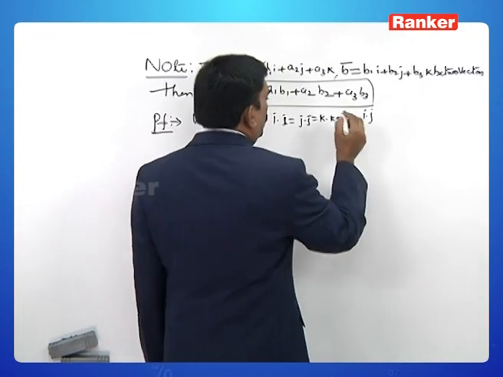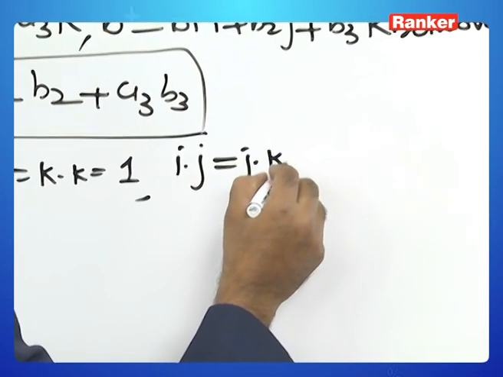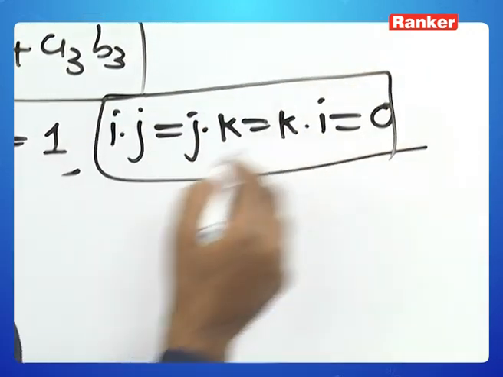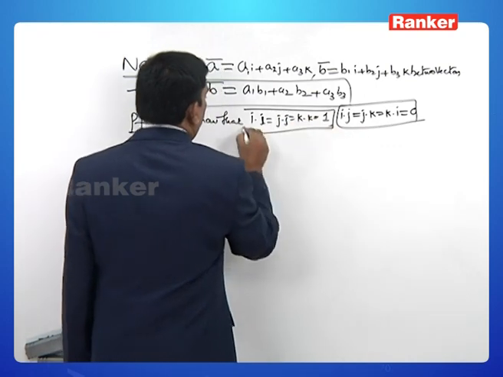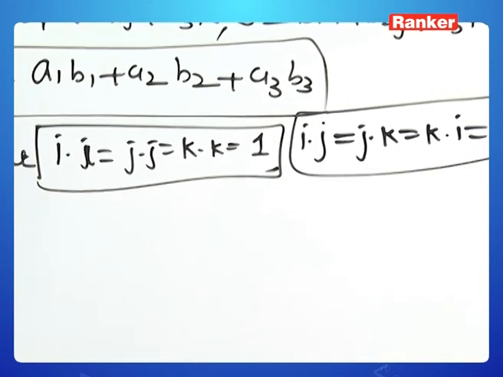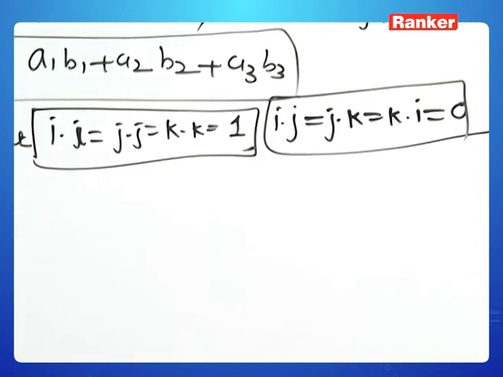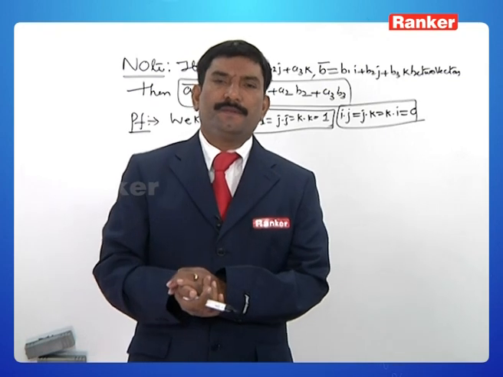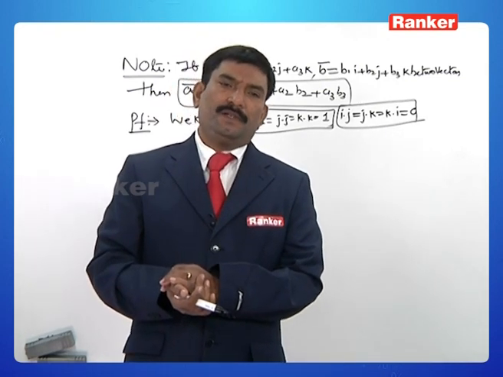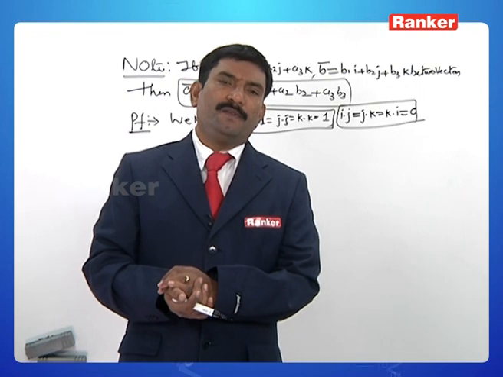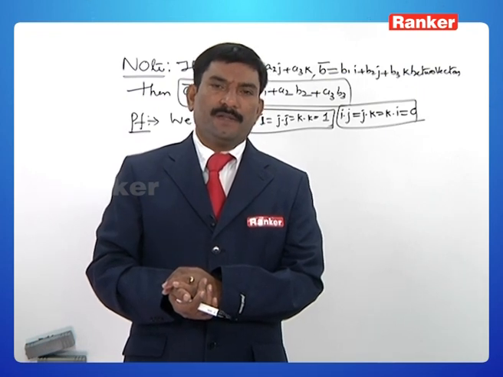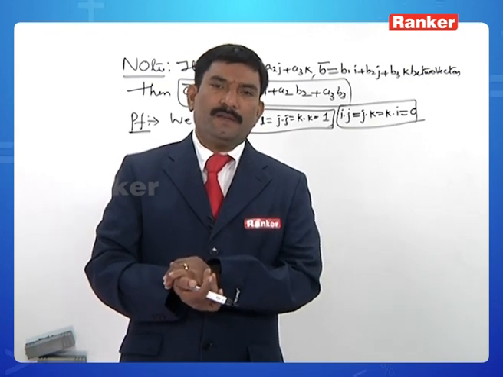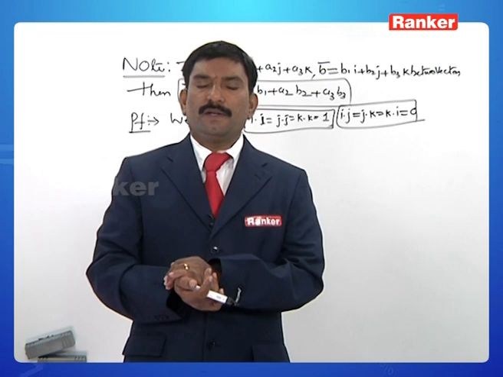So, i dot j, j dot k, right. Now, the reason for this: whenever the angle between the two vectors is not given, how do we obtain the dot product? That is the dot product of